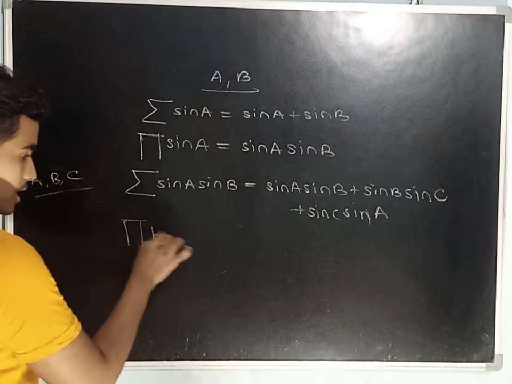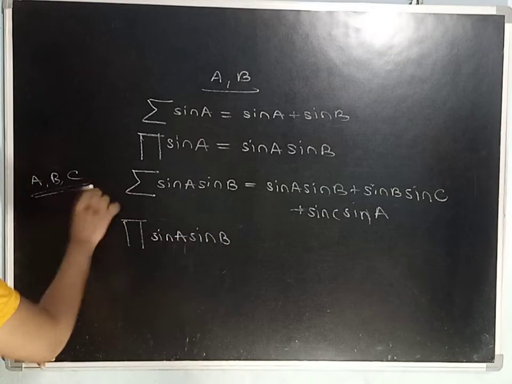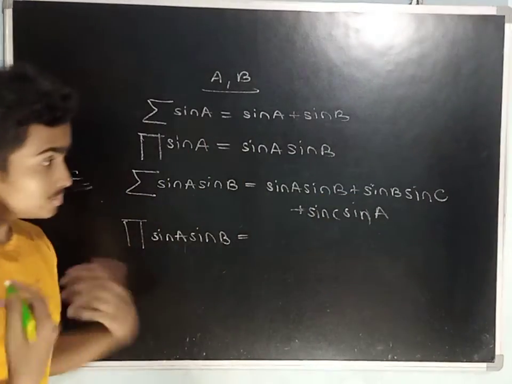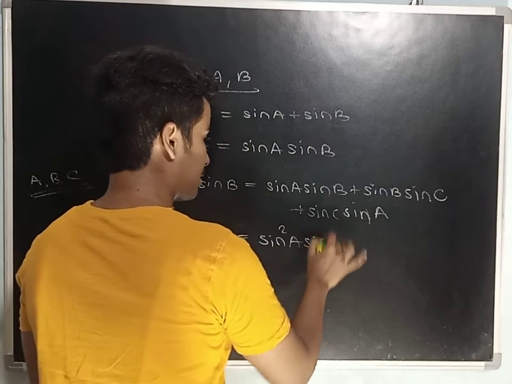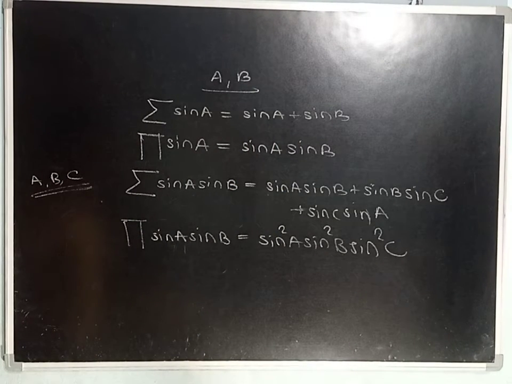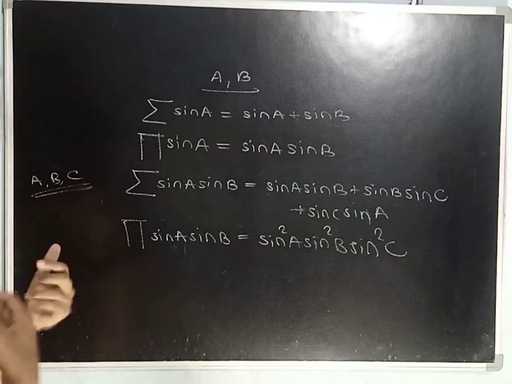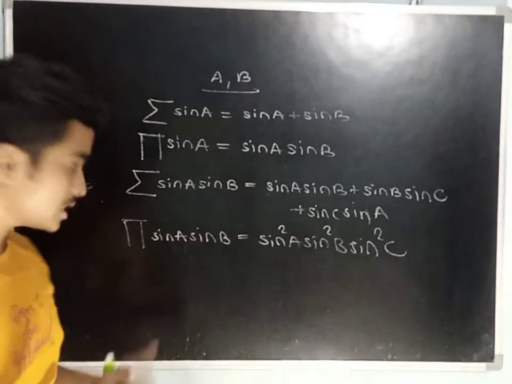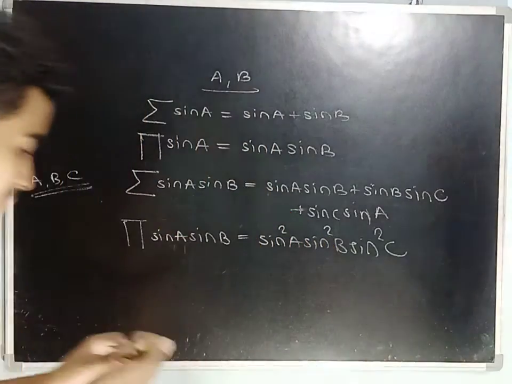Similarly, if we are given sin A, sin B, provided we have only three angles, in this case the addition will convert into multiplication and everything will turn as sin square A, sin square B, sin square C. So these are some of the basic understanding of these notations, because in solving problems, instead of making the steps lengthy, by using these notations we can compress the steps and make it easier for solving the problems.